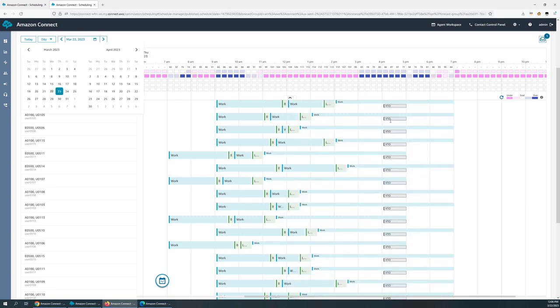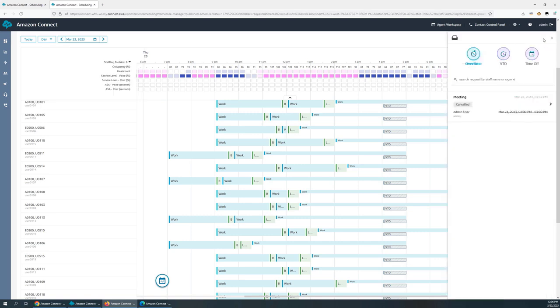So you can see here, I put in a VTO offering from 4 to 5 p.m. tomorrow for my entire staffing group. But all I did was I offered it to up to 3 people. I've had one agent already accept it, so there's 2 open slots. So you'll see here,